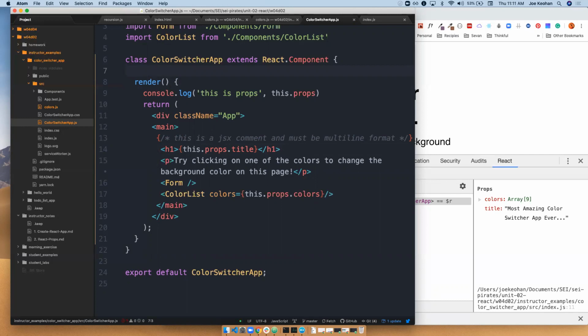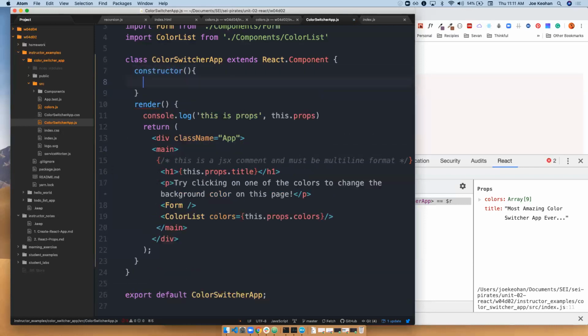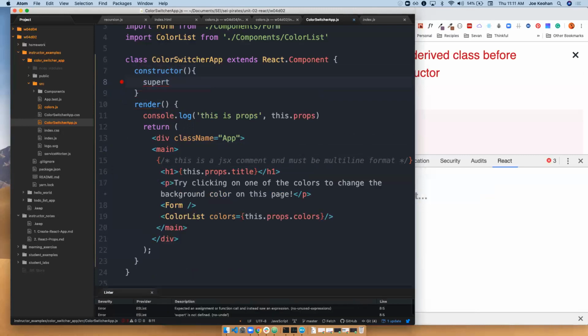There's a few different ways to do this. Remember how I say React is evolving, it's this ever evolving animal? All right, so we're gonna do it the first way, because you're gonna see it in all different ways, so I want you to understand, and a lot of the homework references the old way too. So we're gonna do it like this, constructor, super,